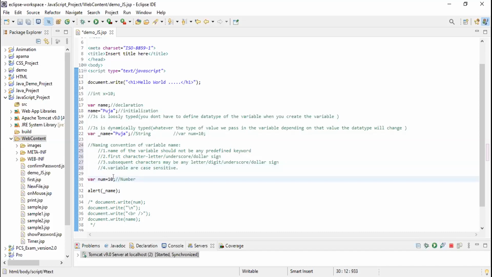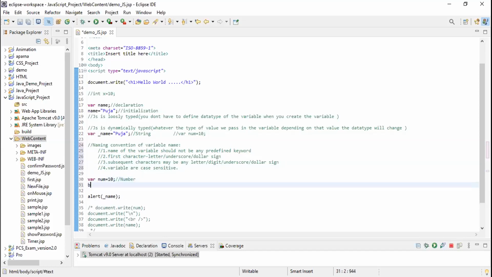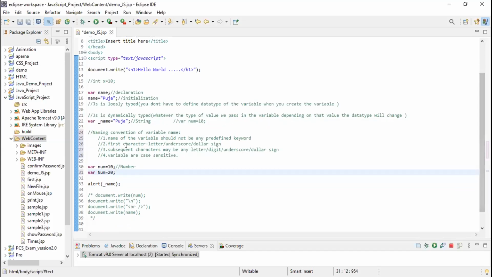See, in line number 30, I'm writing variable num 10. And if I'm writing variable Num 20, these are different. The first one is small n, the second one is capital N. That's why it is case sensitive, because when we have to print, we have to give the right variable name.